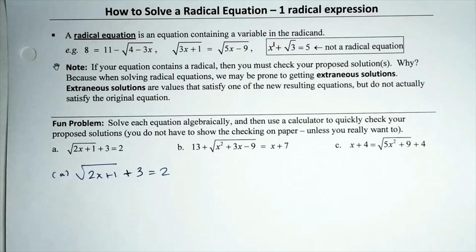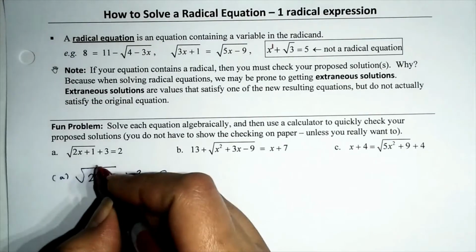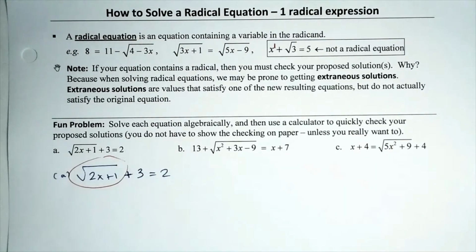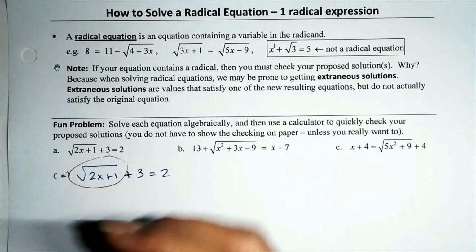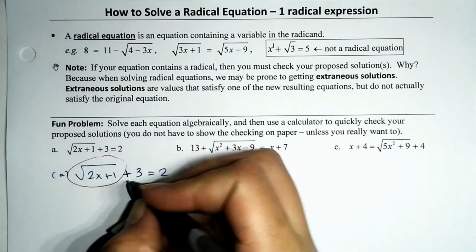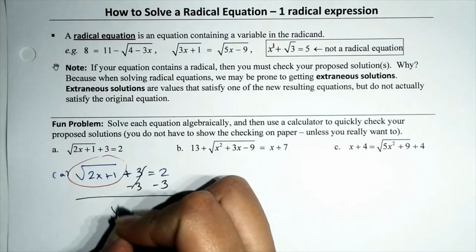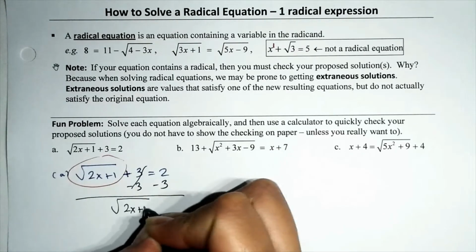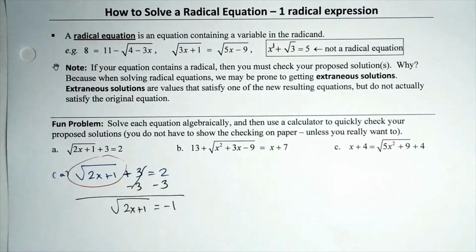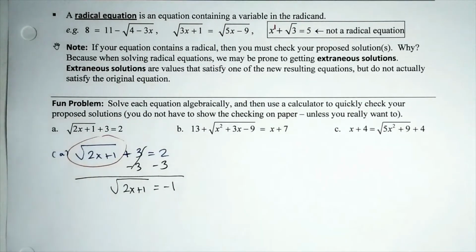Your first goal is to isolate the radical. If you're not with the radical, you gotta go. So to undo the plus 3, let's go ahead and subtract 3 from both sides. And that will give us square root of 2x plus 1 is equal to -1. Fantastic. So now, at this point, now that we've isolated the radical, our next goal is